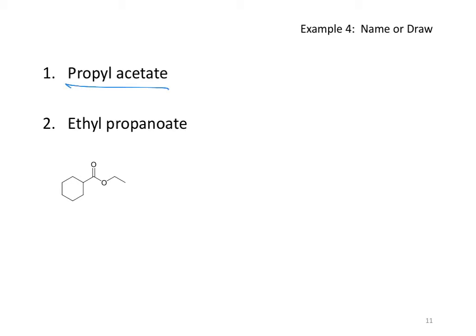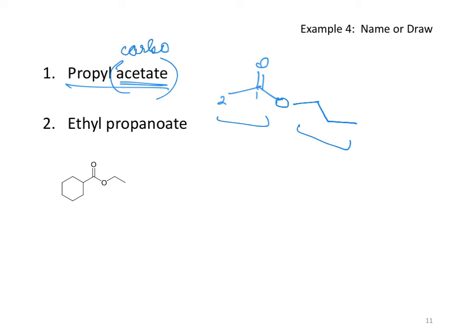If you were to provide the name of this, I would call it acetate. So that means it's supposed to be a 2-carbon chain. Propyl past the oxygen means it should be a 3-carbon chain. So I have 3 carbons connected to an oxygen, which is connected to an acyl. Again, what's at the last part of the name is your carboxylic acid end of the ester. And what is in the initial part of the name is going to be your